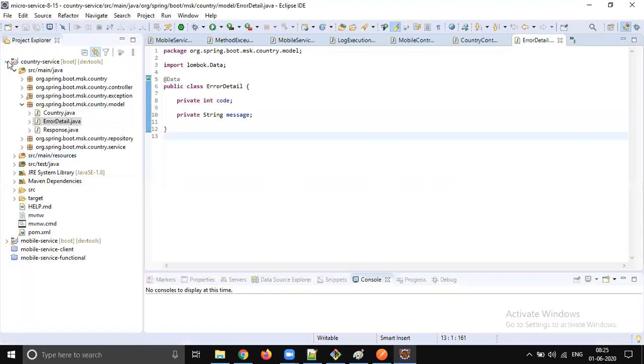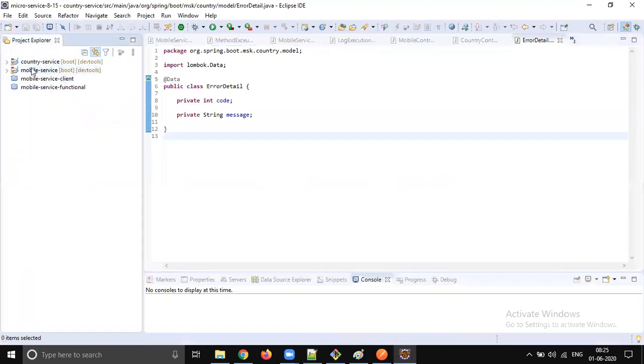So right now we have two services, right? Mobile service and country service. The mobile service client we will implement at last. After implementing this accessory service, we will jump into the mobile service client.